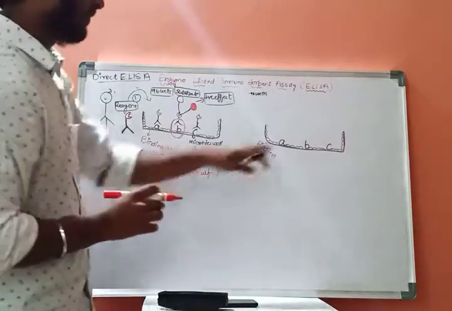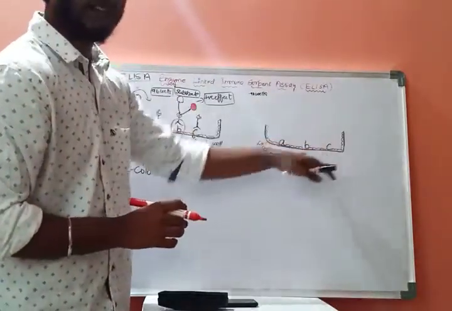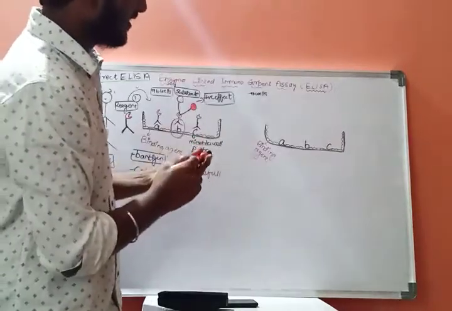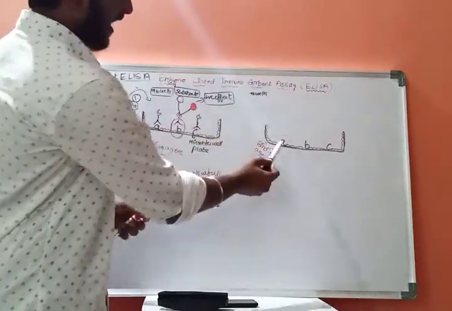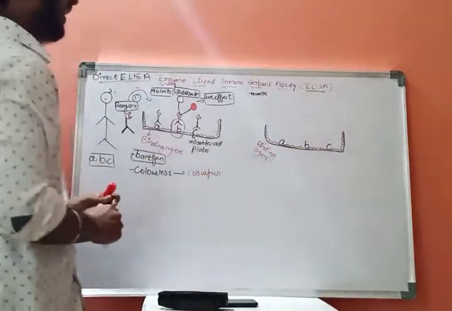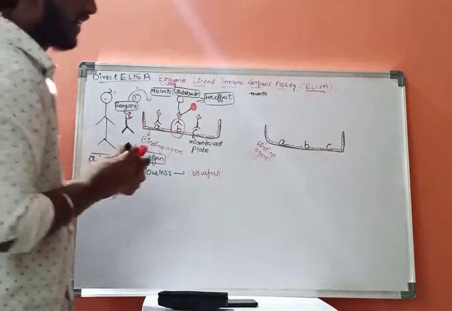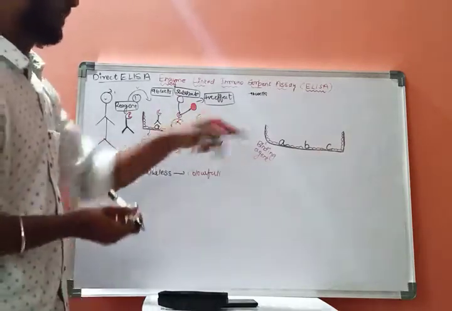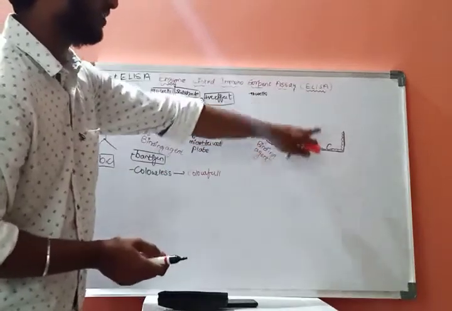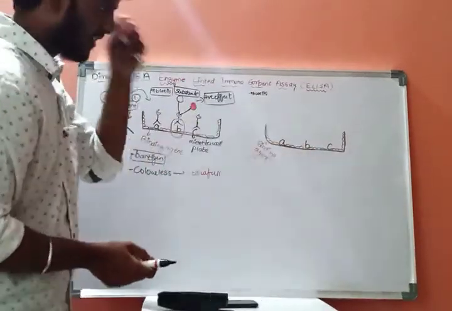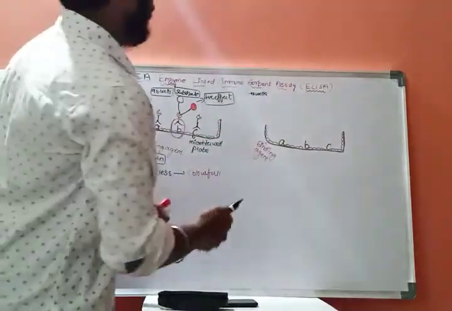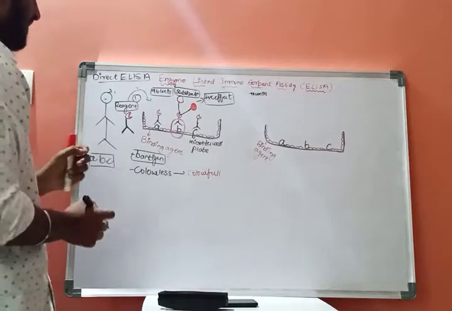Let us consider once again. Let us take a microtiter well plate and consider the serum of a patient which contains three types of antigens: A type, B type and C type. After taking these three types of antigens, let us examine only the B type of antigen. We need to examine with this ELISA test only whether it contains B type of antigens or B type of antibodies or not.